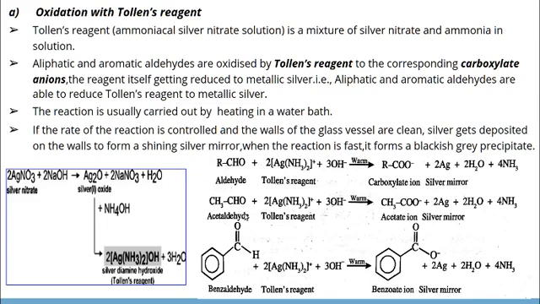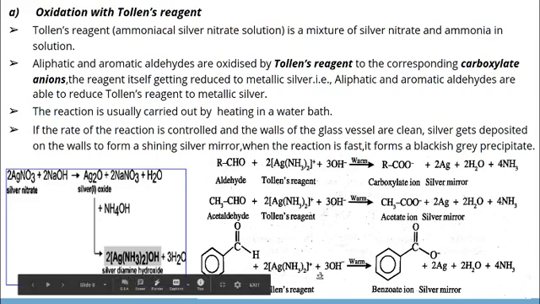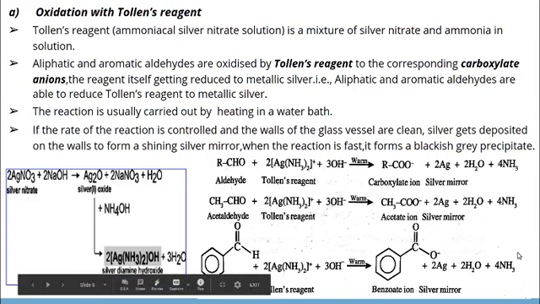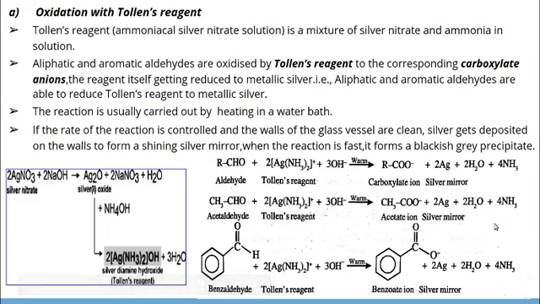For example, acetaldehyde, on treating with the Tollens reagent, we will get acetate ion and silver mirror. It means acetaldehyde undergoes oxidation to acetate ion, while the reagent undergoes reduction to silver mirror. Another example, benzaldehyde, on treating with the Tollens reagent, we will get benzoate ion and silver mirror. So this is the oxidation reaction of aldehydes and ketones with Tollens reagent. Here we discussed the oxidation of aldehydes only, how the oxidation of aldehydes occurs using Tollens reagent.